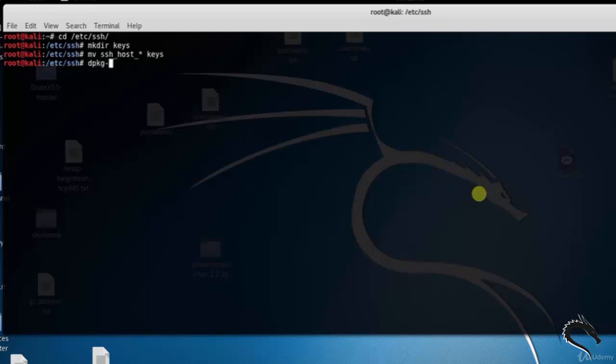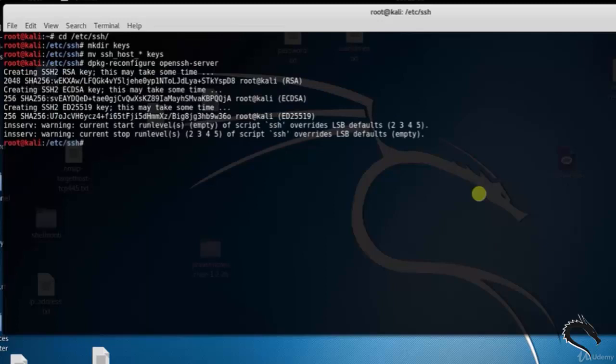Now generate a new SSH key set. Type dpkg-reconfigure space OpenSSH-server. To verify that the newly generated keys are unique, calculate their MD5 sum hash values and compare with the